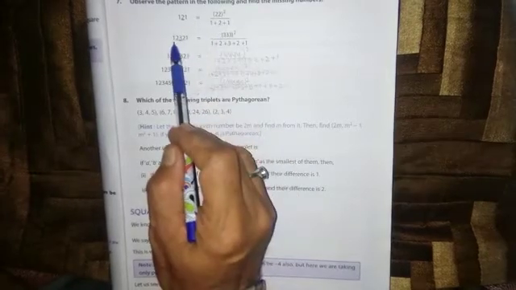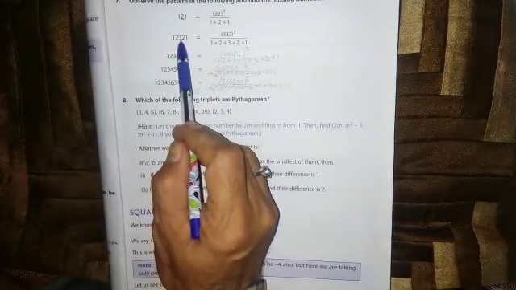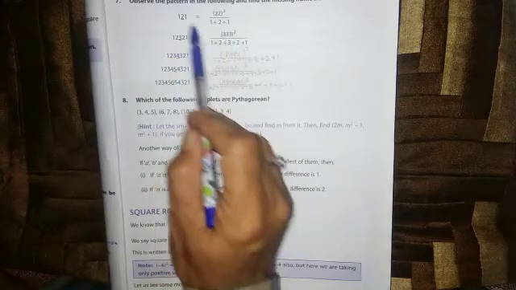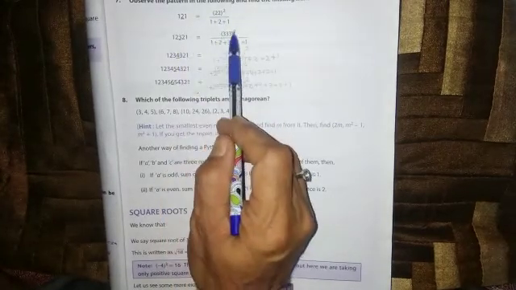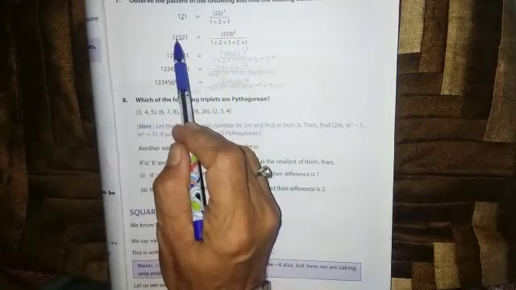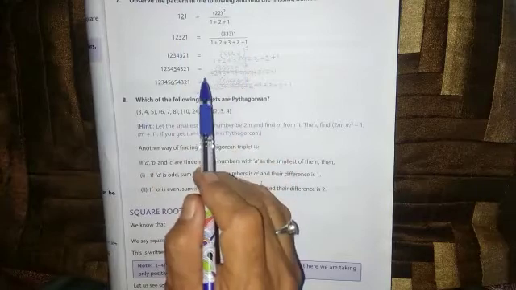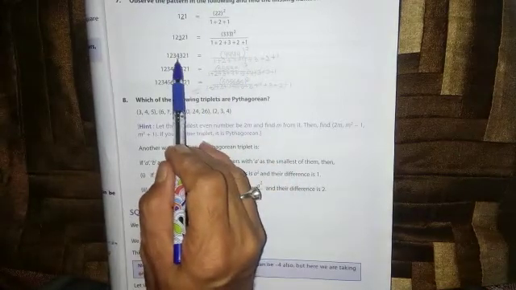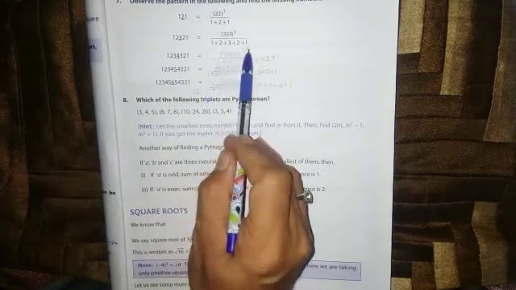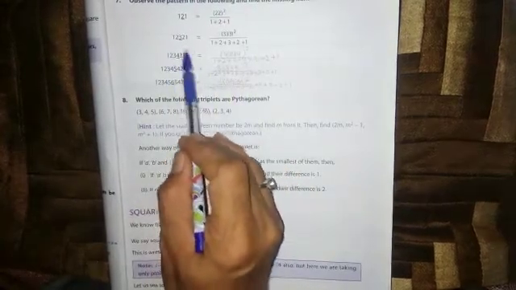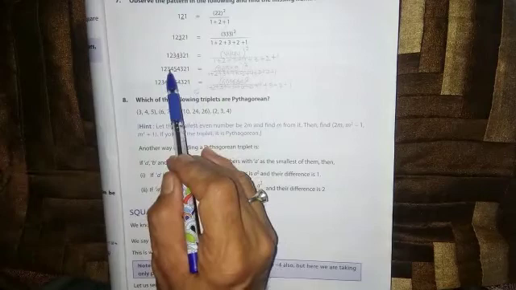Okay, now similarly here you can see, here is 3, so you will take 3 times. Similarly, just here you have taken 2 times and its power 2. Similarly here 3 times and its square, and in denominator the sum of these digits, 1 plus 2 plus 3 plus 2 plus 1. Similarly in this case, so what will be your answer? 4 means 4 times, 1 2 3 4, and its square, and in denominator sum of all the digits. Okay, similarly you can do this and this sum.